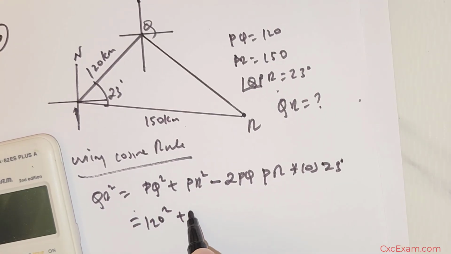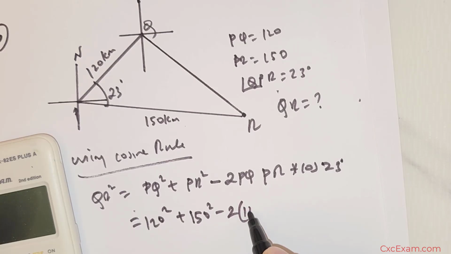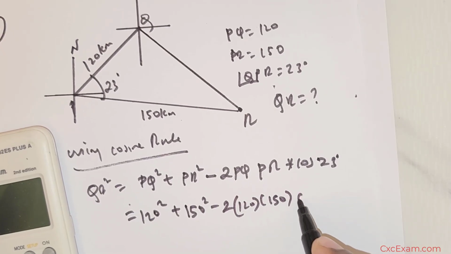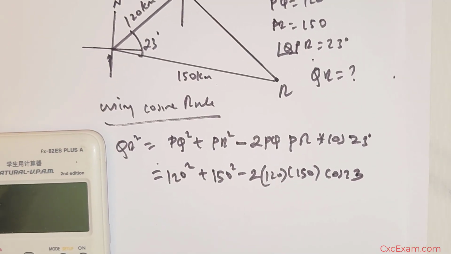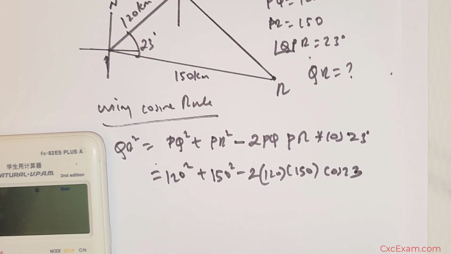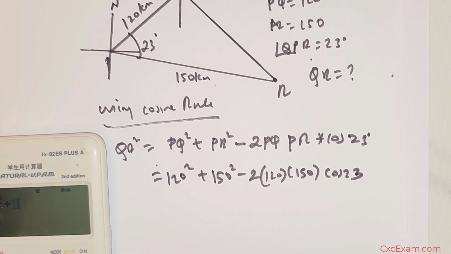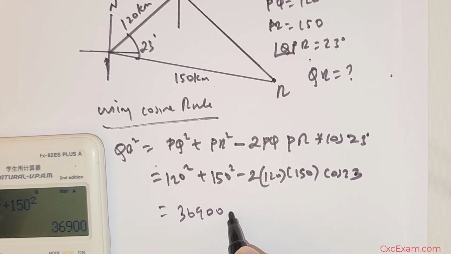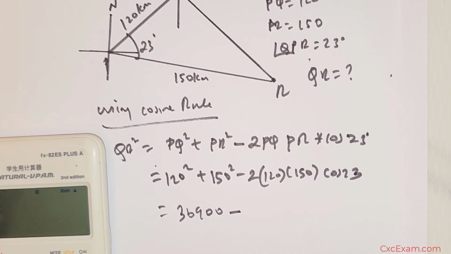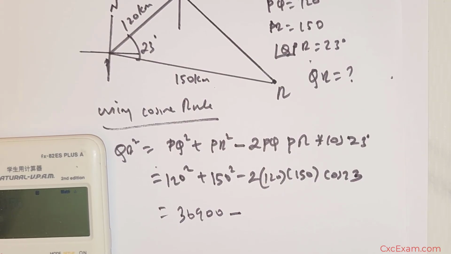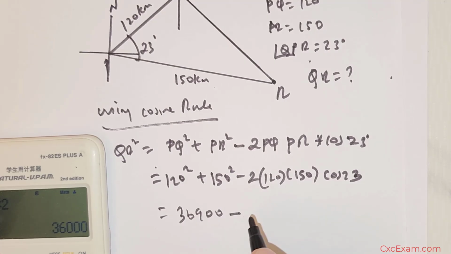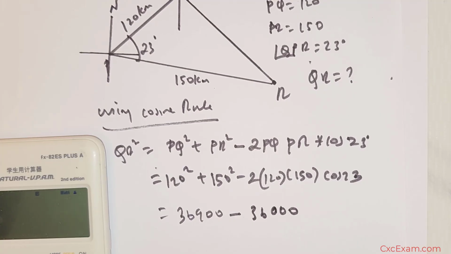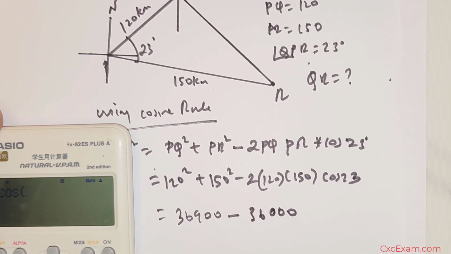This is 120 squared plus 150 squared, that is 36900. 2 times 120 times 150 is 36000. Now you have cos of 23,